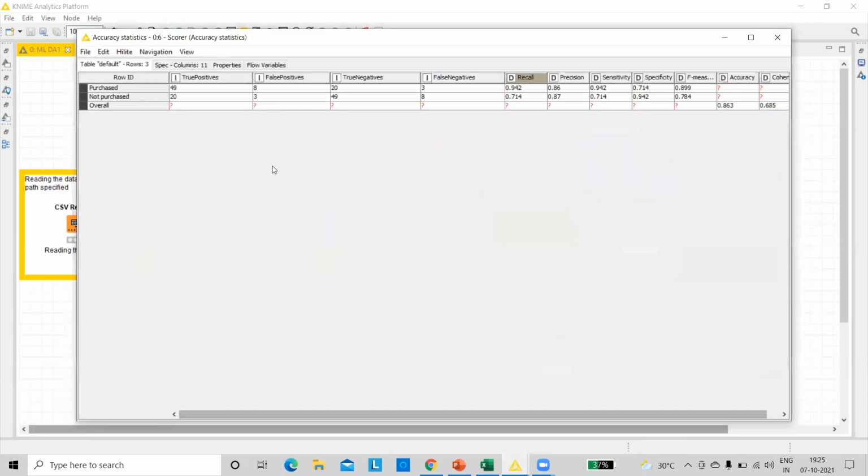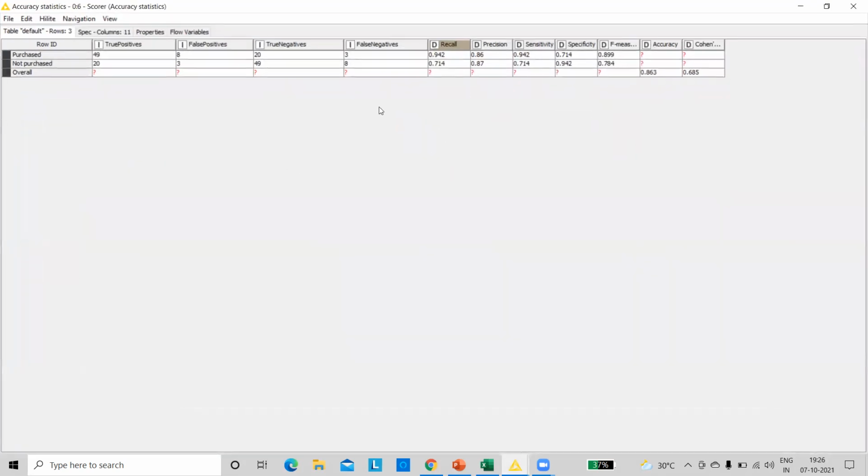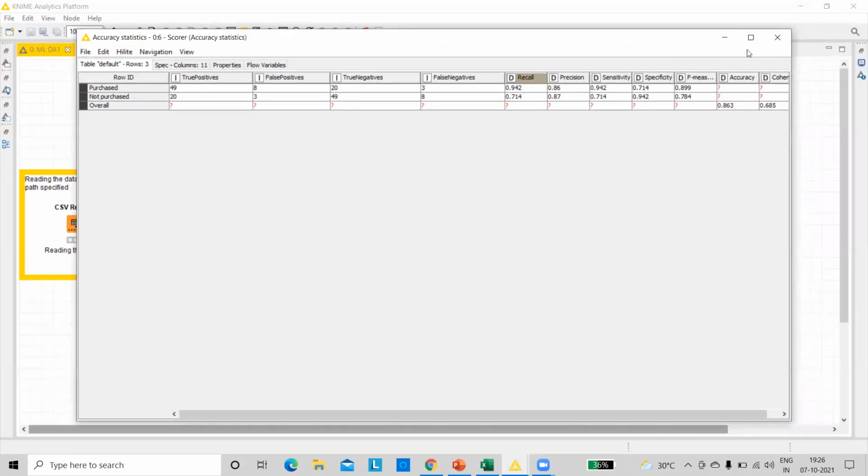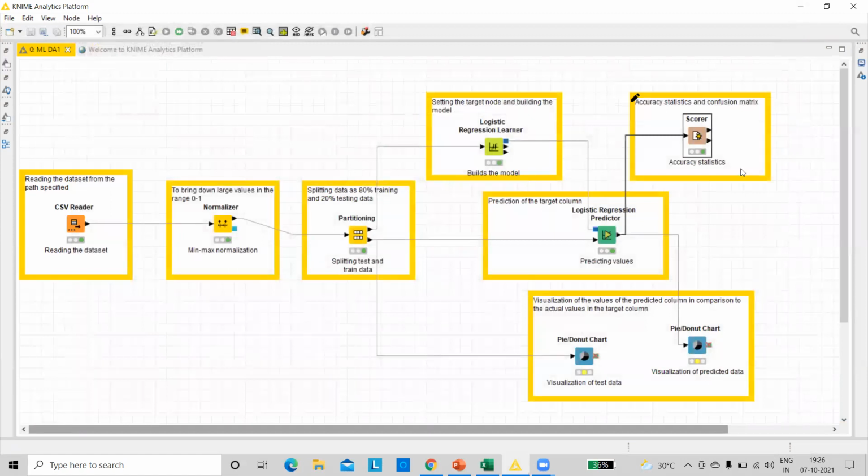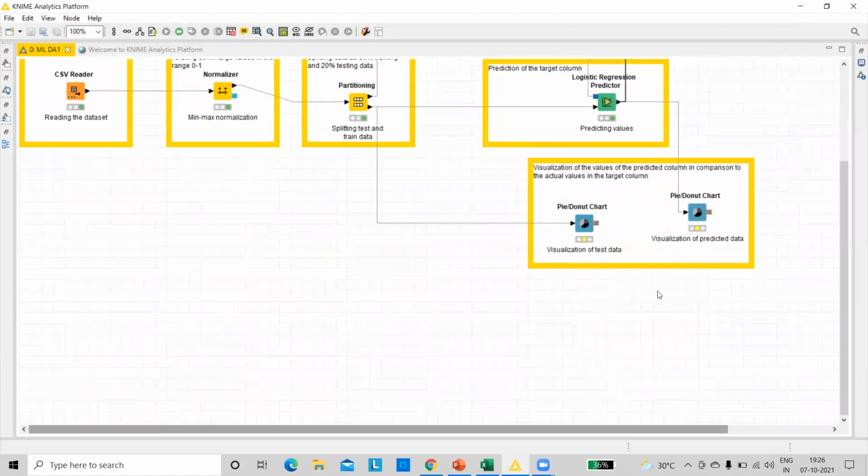And we have over here what is called the accuracy statistics. After having a look at our confusion matrix, we can see the recall, our precision, and our accuracy, which we have got as 86.3%, which is a decent model that has been trained for this data set. Anything above 85% is relatively a good model, a decent model that predicts the given values, right? So that is something we can have a look at in the accuracy statistics.